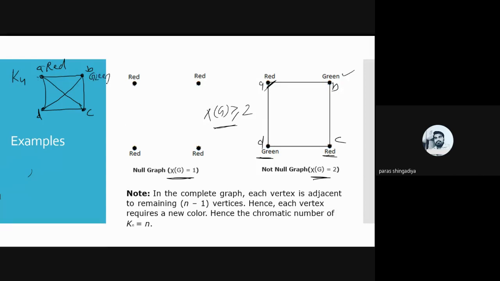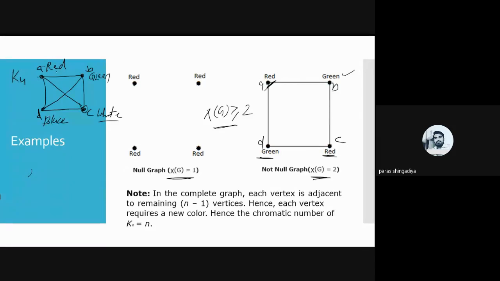So now start with the B, use another color, let us say green. Okay, I fill the vertex B by green color. So now I cannot use green color to C and D. Okay, because C and D both are adjacent with the vertex B. So let us use another color for the C, let us say white color. Okay, so use the white color to the place C. So now I cannot use white color to the place D also because they are connected. So now use another color, let us say black.